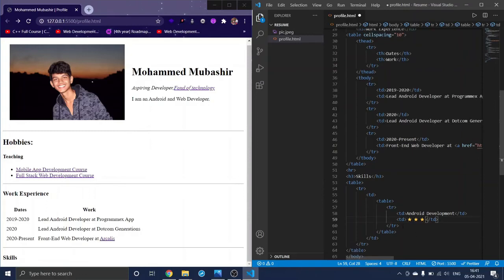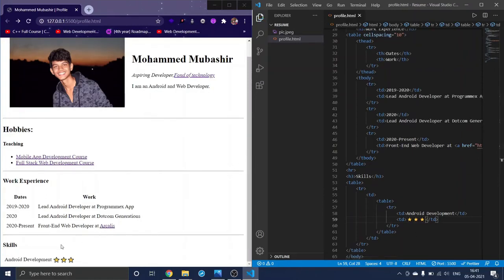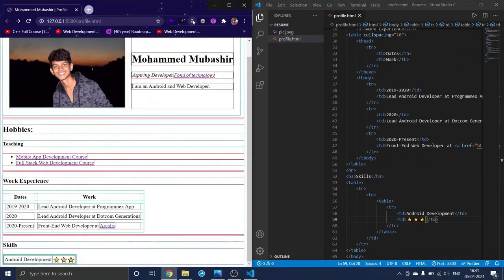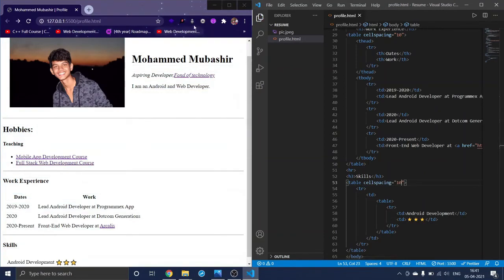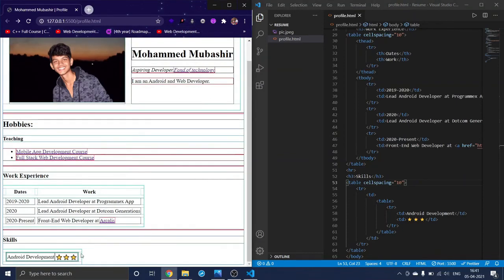What I will do is, let me save this. See, I got something, this Android development. When you click on this inspect, see we have a table in a, okay, let me give something like cellspacing, which says 10 cellspacing. See, this is a table, the green one, and in that we have another table.